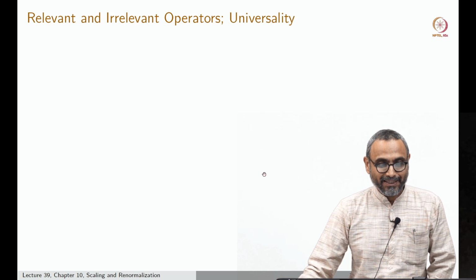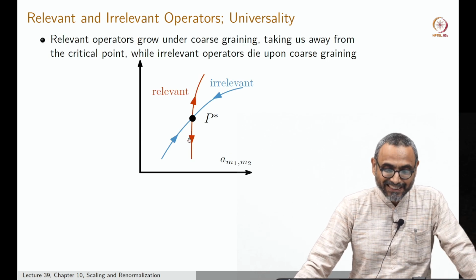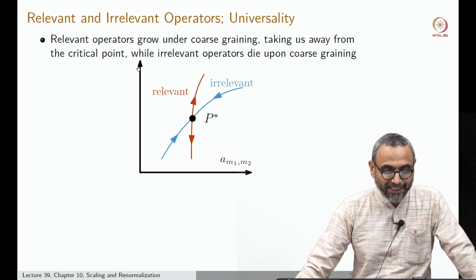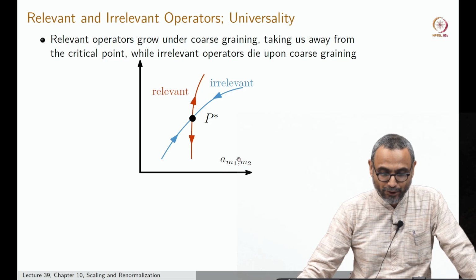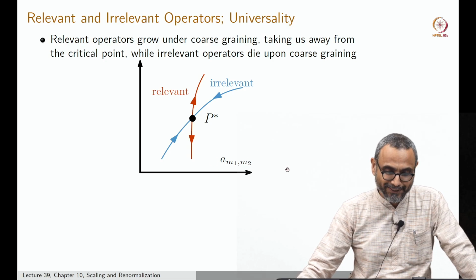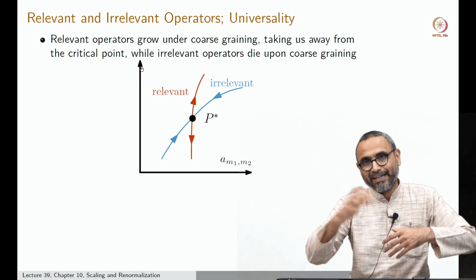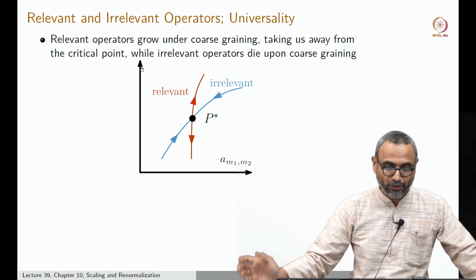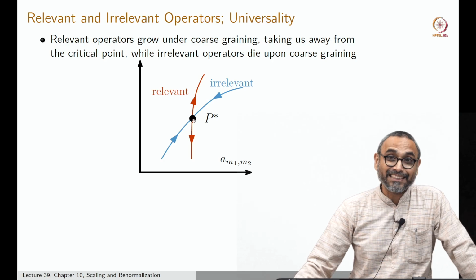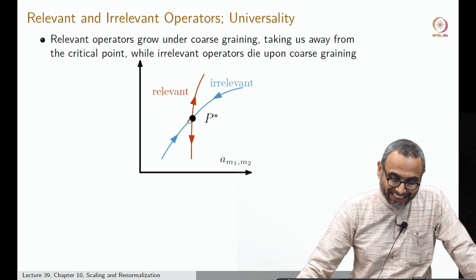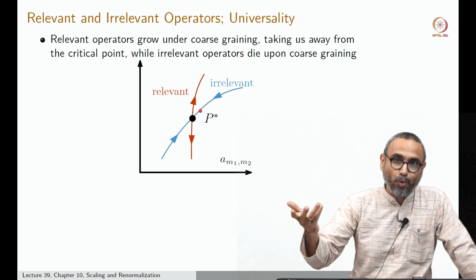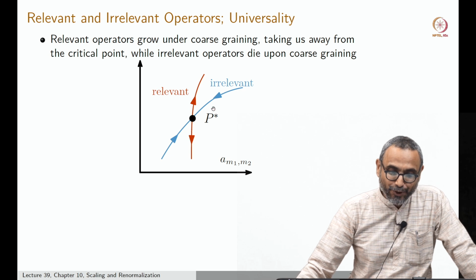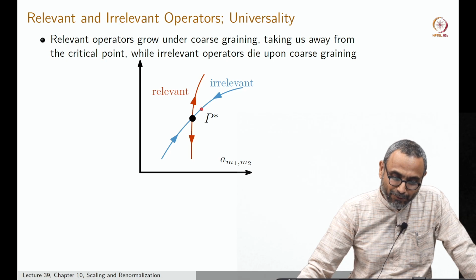Okay. So let's understand. Imagine that this is, I have just schematically drawn here, the space of theories. These are the coefficients, abstractly written as M1, M2 for this axis. There are many axes like this, and all of them have different values of M1 and M2 and so on. So imagine that P star is one of the critical points, and this direction here is some operator O, let's call it 1, and the way I have drawn this flow diagram is that if your delta P was here,